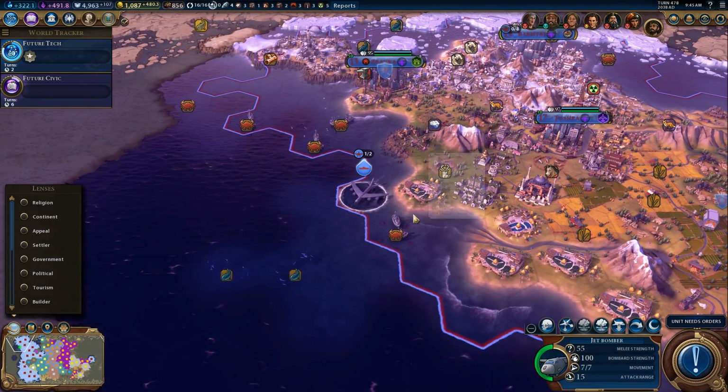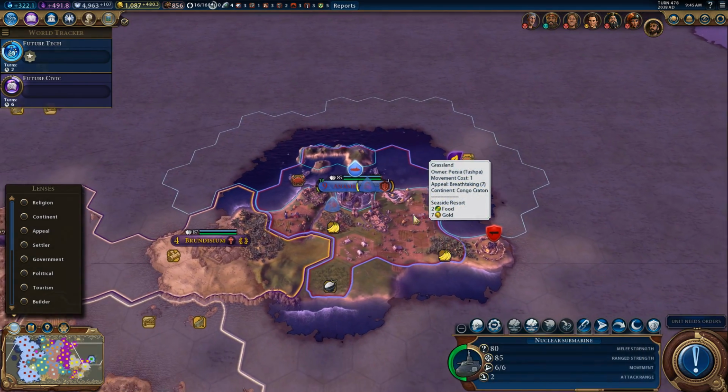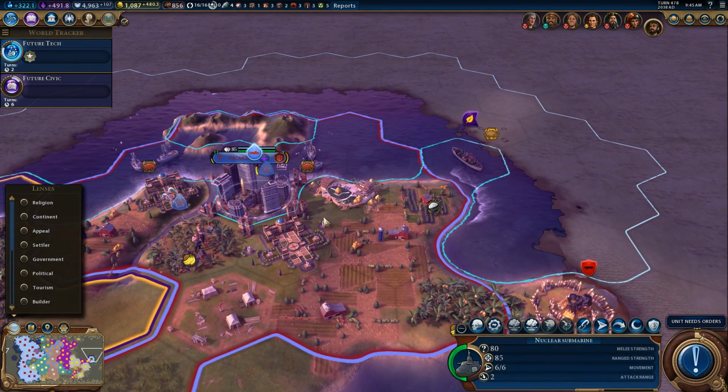Okay, let's improve those hills. Let's get the jet bomber. Don't need anything for now. Alright, now it's time to...